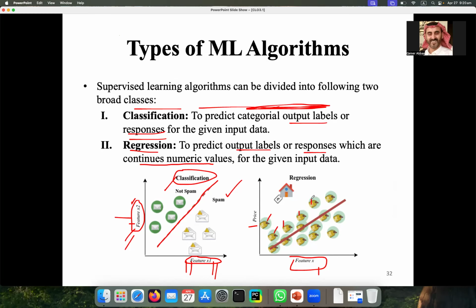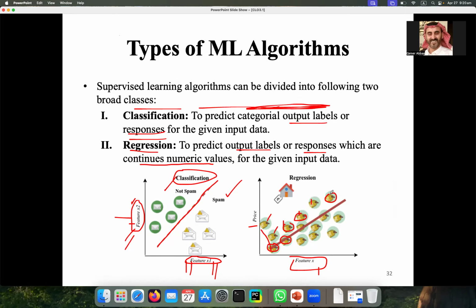For example, this house has a lower renting amount, this one a little higher, this one higher still, and so on. This is the highest one.